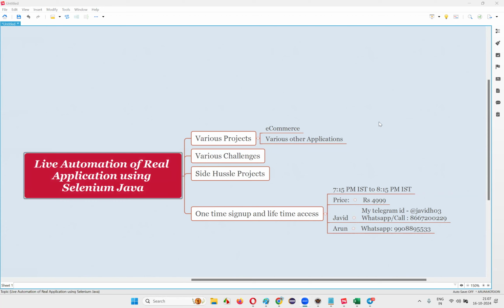What is the difference? Without Cucumber BDD, we say hybrid: TestNG, page object model, page factory. With BDD, that's a design pattern, and Cucumber BDD is for a different purpose. We'll implement something there. So it doesn't matter. We'll improvise the frameworks. There are different types of frameworks available in the market. We'll implement everything. We'll cover frameworks in depth in this process.